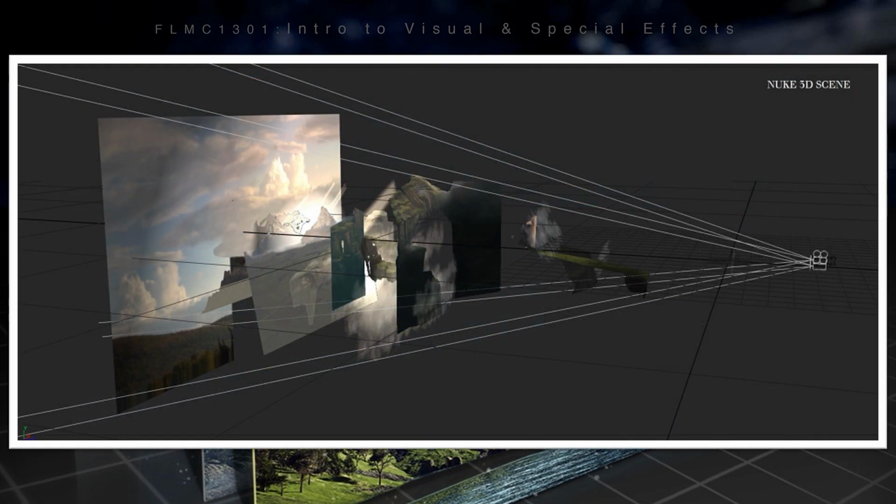Here's another shot of a 3D scene in Nuke. And as you can see, you're putting your backgrounds, your clouds, and everything is basically separated out, instead of planes of glass, it's cards with alpha channels. And as you can see, though,